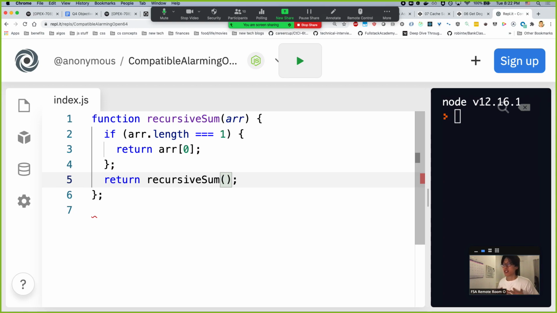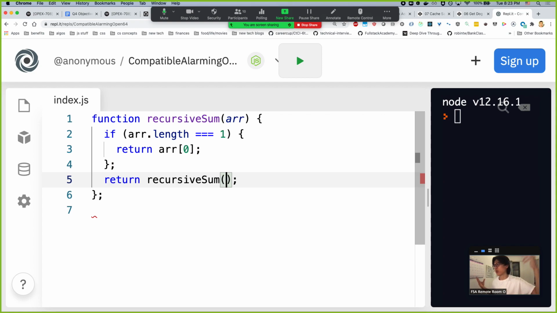I use slice because I want to make a copy. I don't want to mutate the array, because if I do, then all the other functions' arrays are now mutated too, in all the different layers. So I just always try to use slice because it copies and doesn't mutate. But you could use splice and see if it works. I'm not sure off the top of my head how that would affect the